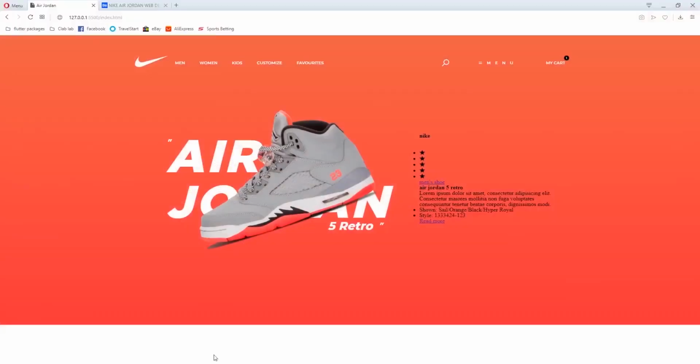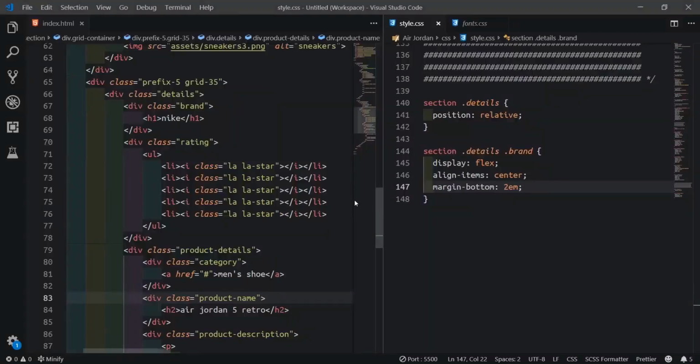I'll come here and refresh. Okay, these two are supposed to be side by side. Seems it's doing it wrong. So we'll continue.